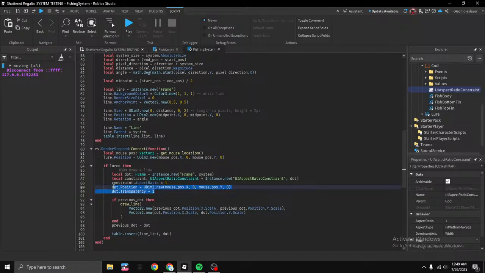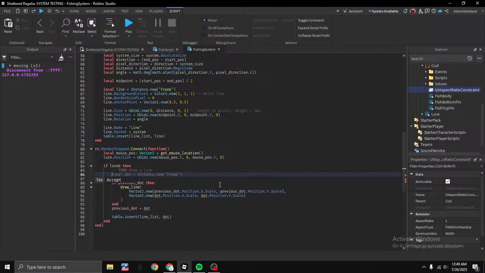We just need a position. So we don't even need to create a frame. Yeah, we don't even need all of this. This was just for bug testing, but now that I think about it, all we actually need is the position. So what we're gonna do here is have dots as positions. So we're just gonna have them as this. Let's see, local dot equals